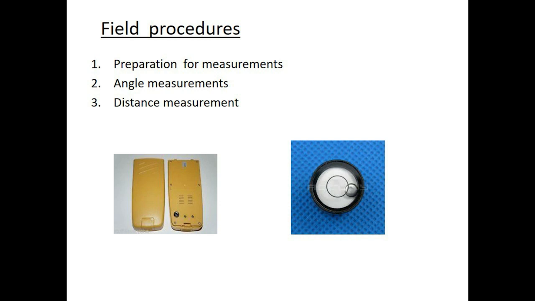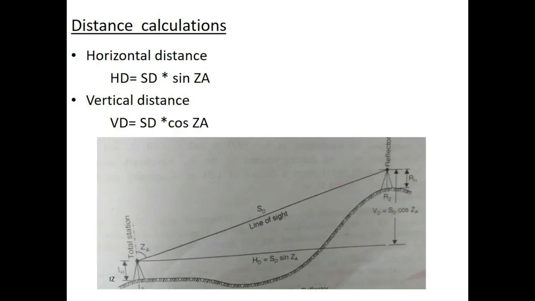Next step is the angle measurement. When the target is sighted, the horizontal and vertical angles as well as the sloping distance are measured by pressing the appropriate keys in the total station. So they will be recorded. And as said above, the microprocessor then computes the various information about the points and displays it on the screen. This information is also stored in the electronic notebook. When this notebook is full, the information is downloaded to computers, and this downloaded data is used for further processing.